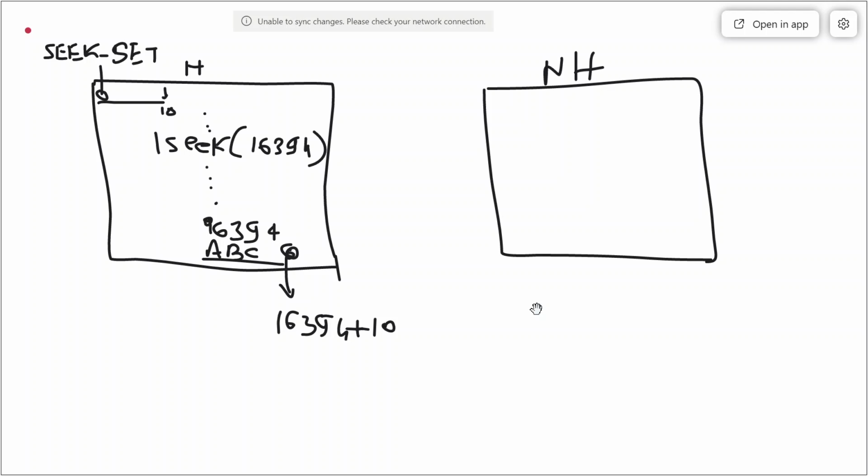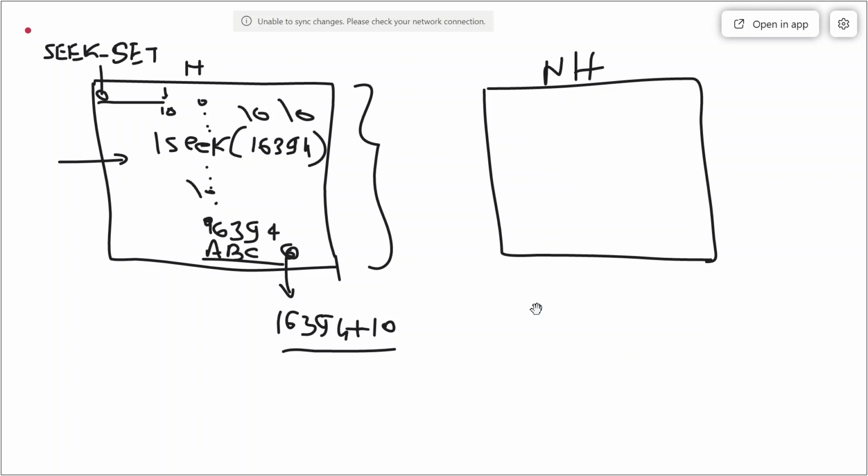Now since I have moved forward over this place and have not utilized it, definitely this place is going to be filled up with null characters. However, if you look into the size of the file, it will definitely be 16,394 plus 10. This is the total size of the file.